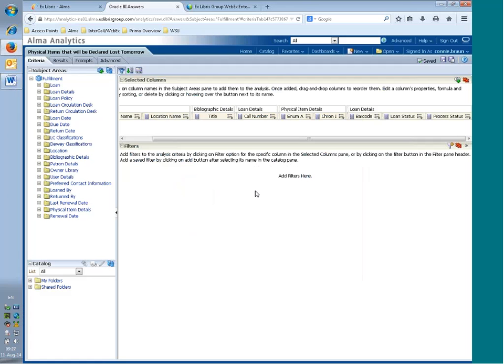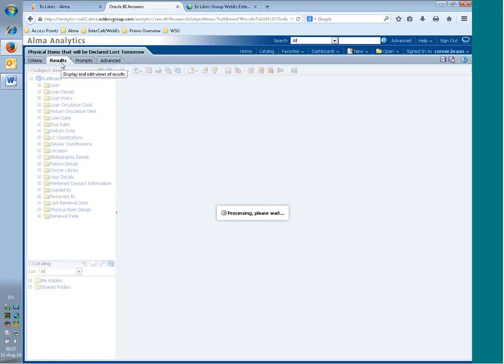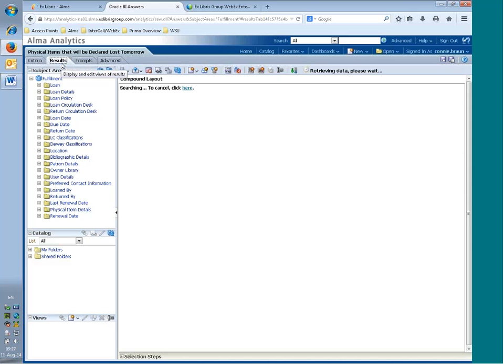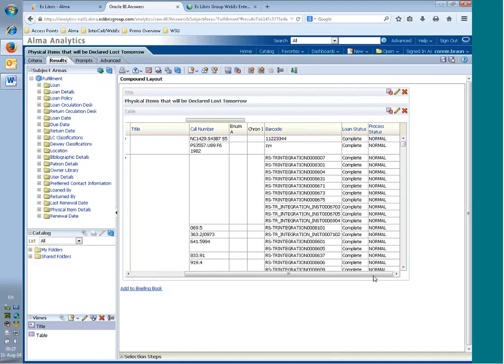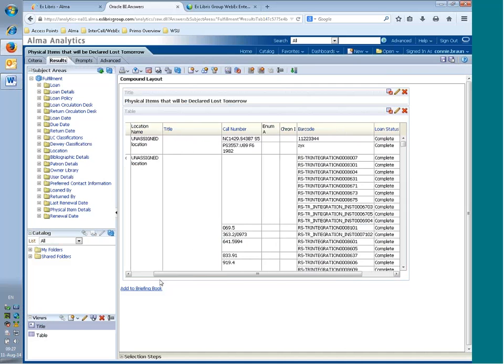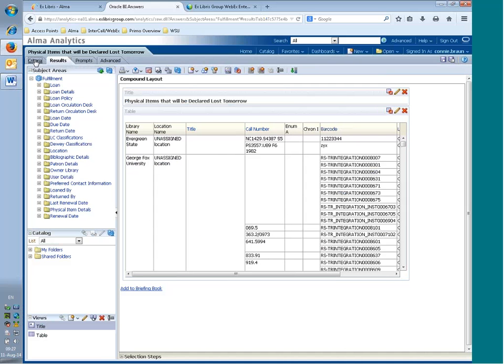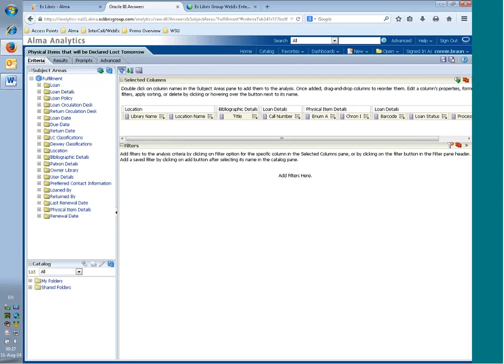So to begin, I'm going to go ahead and run the results just exactly as they are, without any filters, without any additional information. So essentially what this is showing us is really what's on loan right now, what the various statuses are, where transactions have completed, and what the details are about the various items. Okay, so going back over to the Criteria tab,